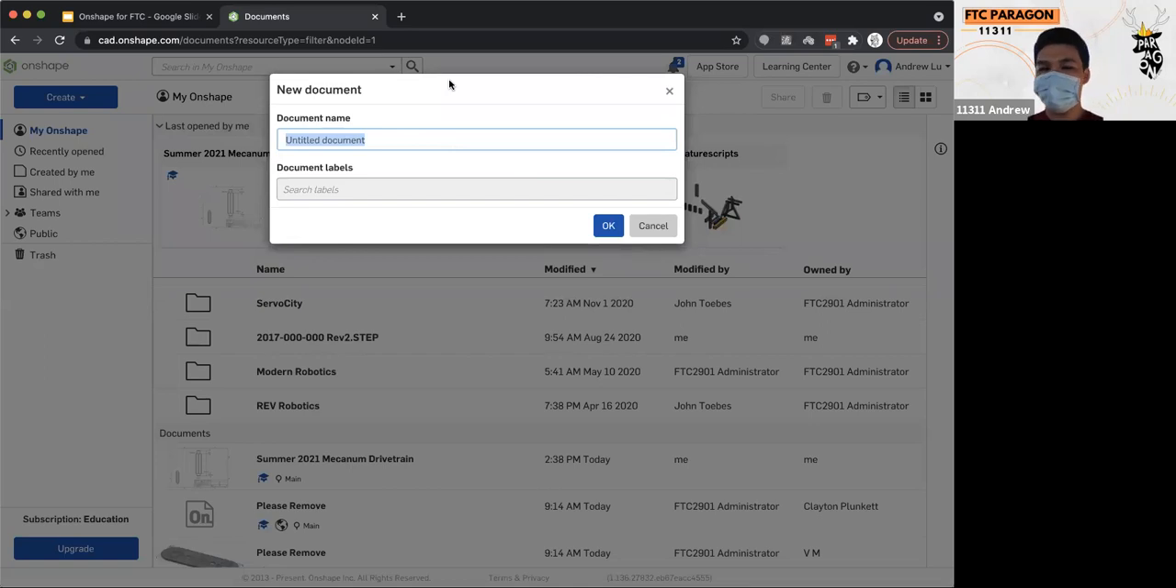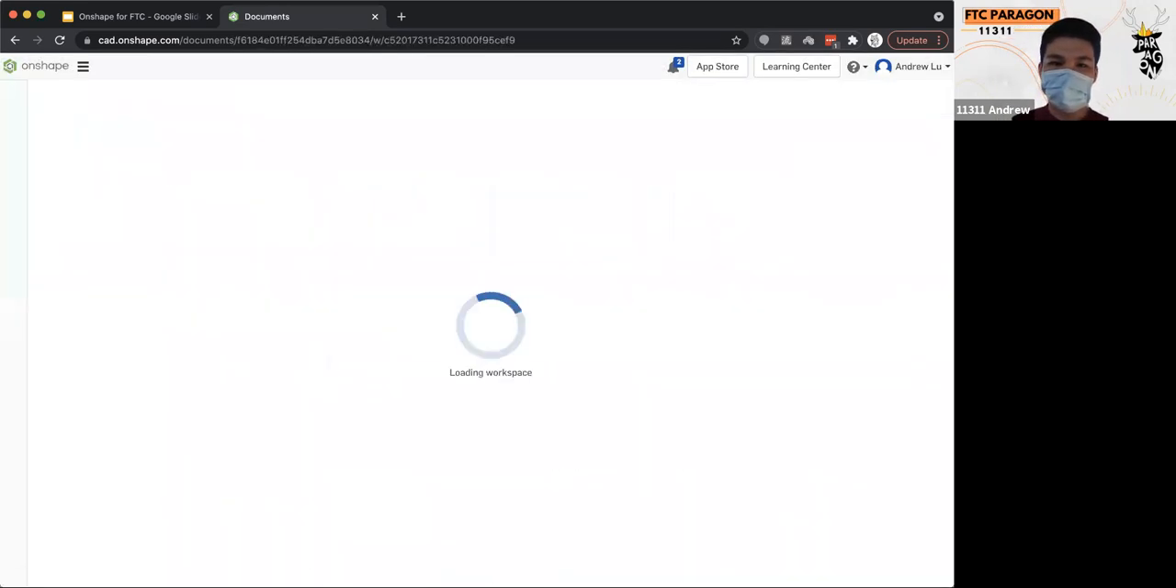So once you click the new document button, it'll ask you to enter a name. And so we're just doing a demo. So it'll just be a demo, and if you click enter or okay,